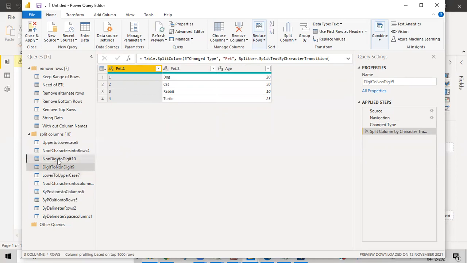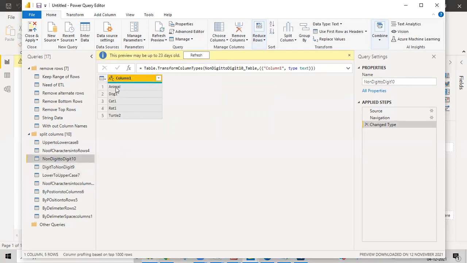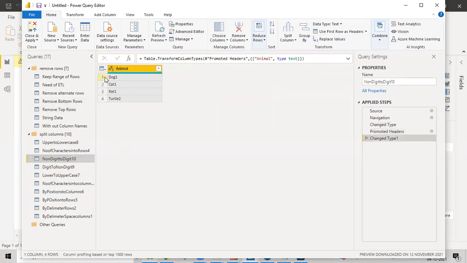And then we will have non-digit to digit. So first animals, this was like a header. And then how many pets were sold, or how many pets were born in the last month. So the number was mixed into that particular pet name, and obviously I want to separate that. So here the first one is non-digit, and then we'll go with non-digit.